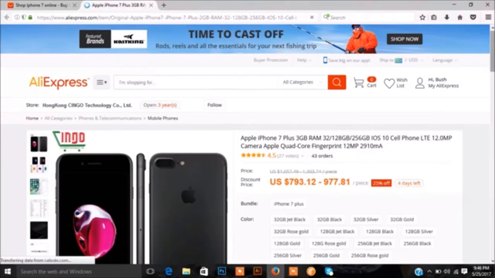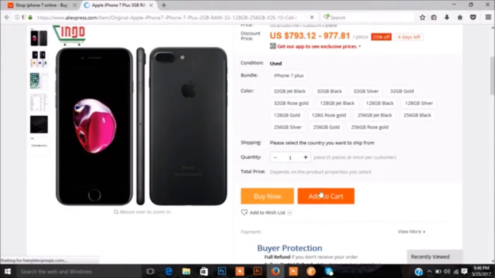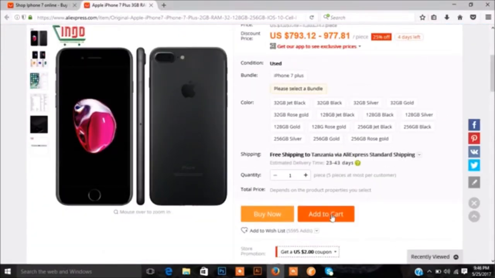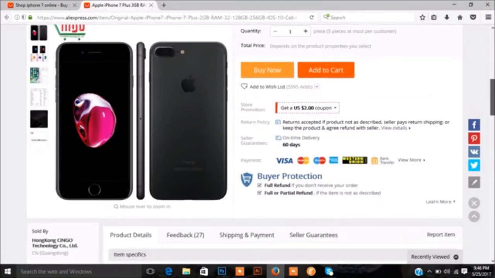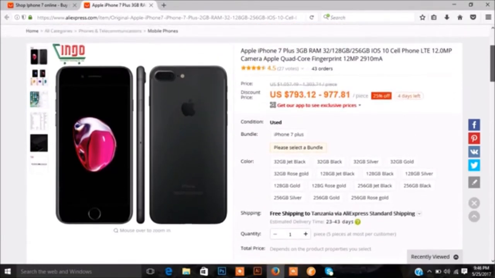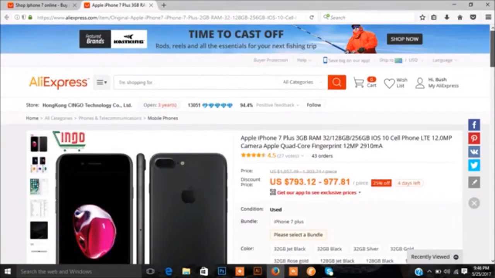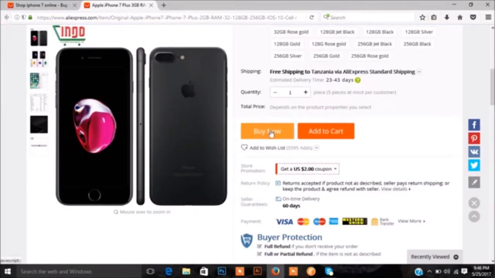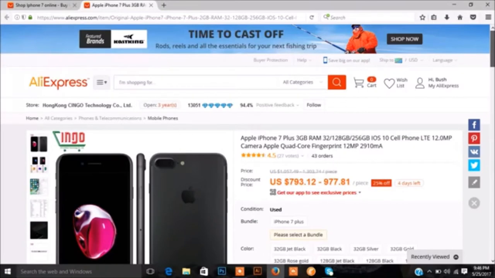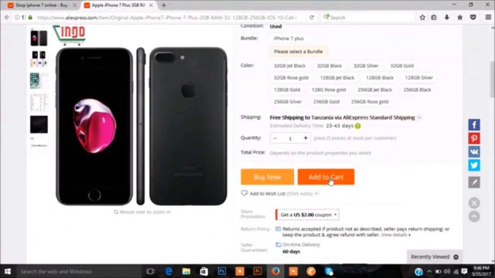It'll take you to a page, alright, and then add to cart, one piece, add to cart. Okay, alright, you have to choose here.